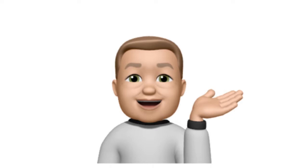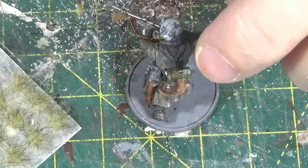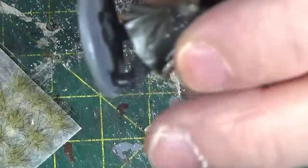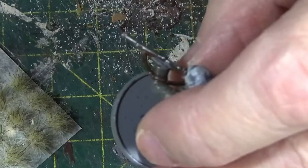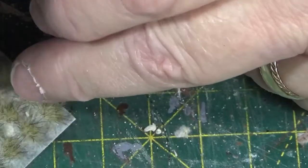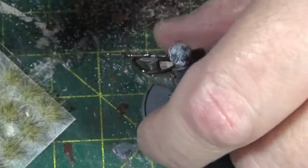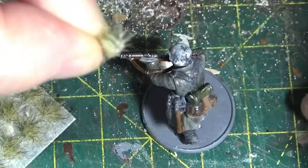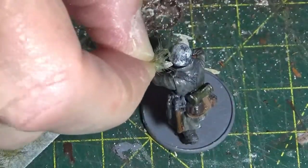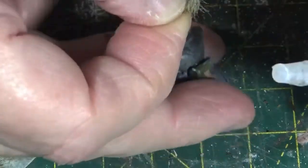This week we're going to take a look at how I base my Bolt Action figures. Right, I'm going to start out with one or two of these troops by putting on some little tufts. You'll have to forgive me if I'm a bit fingers and thumbs, because it's kind of difficult to do this while filming it at the same time, but